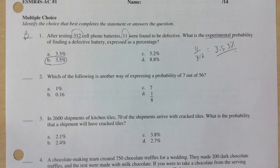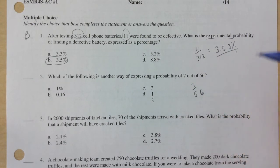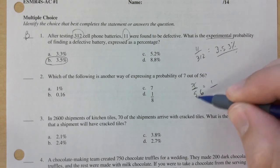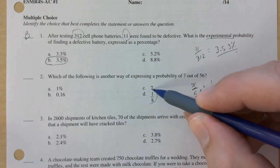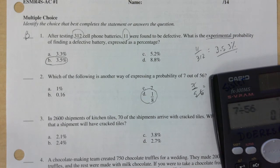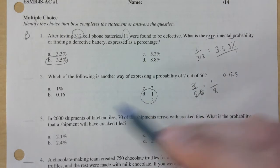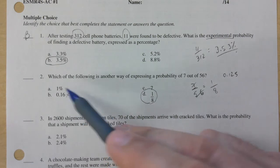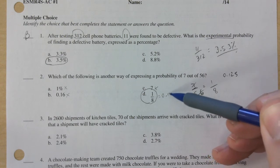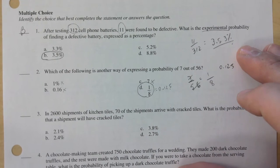Which of the following is another way of expressing 7 out of 56? Okay. And there are a number of ways of doing that, right? 7 goes in here once, goes in here 8 times, so you know it's D. Another thing you could have done is when 7 divided by 56, which is 0.125, you write that down. And then you just try all of these, right? It's definitely not this one. It's not that one. It's definitely not 7. If you divide 1 by 8, you get 0.125. And then you know this is the one that matches without even knowing how to reduce. Okay? So D,